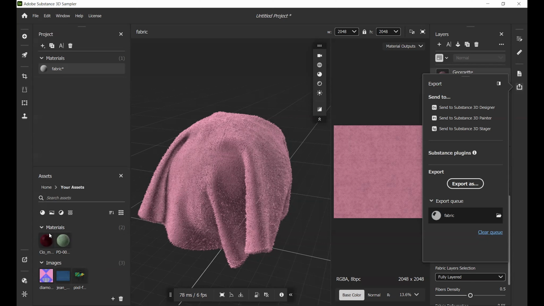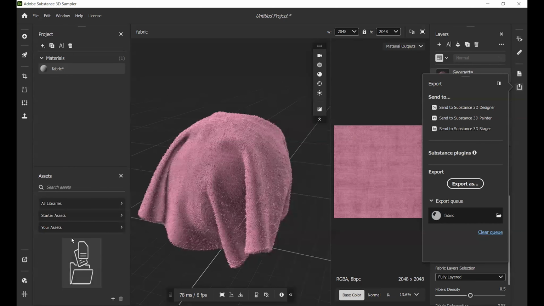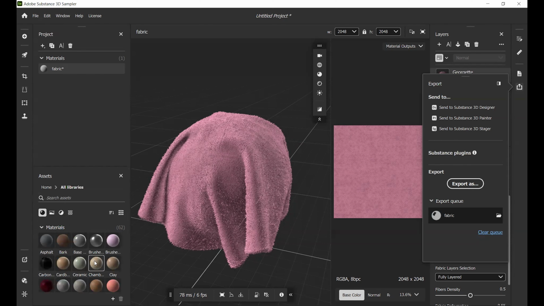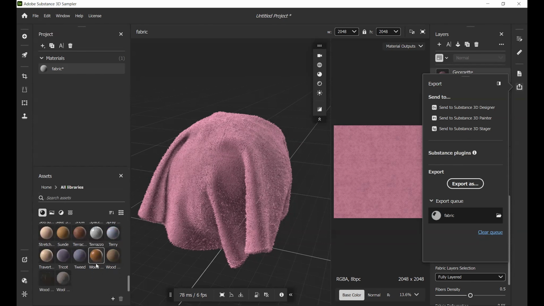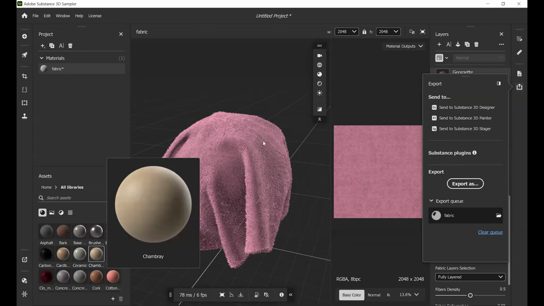Your assets might be materials, pictures, filters, texture generators. You can add them from here, and then you can find them under your assets. Our library materials, and you can see we have several materials here.